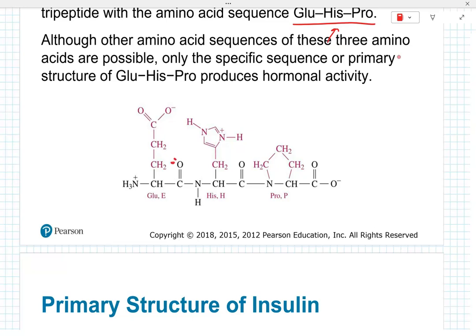Oxygen has 2 lone pairs of electrons. Good? Understood? Nitrogen has 1 lone pair. So we have a lot of electrons here. We have a lot of electrons here. And we have a double bond here. So in reality,